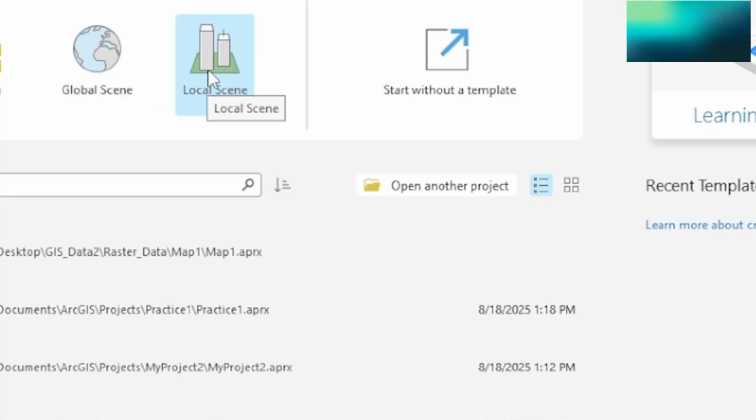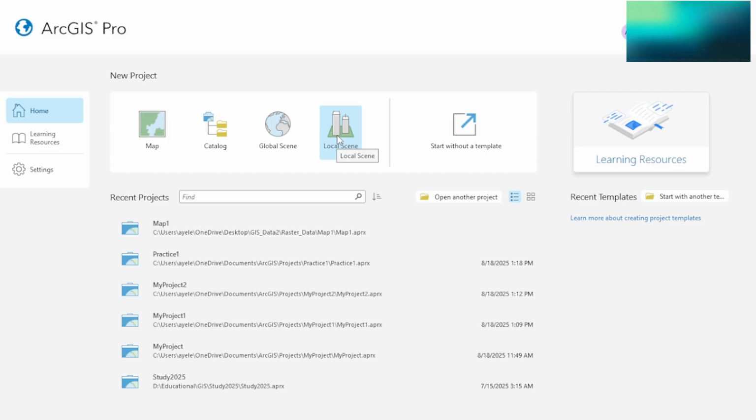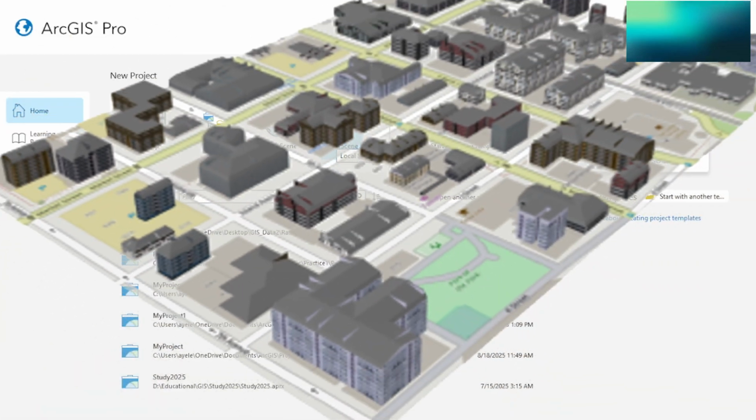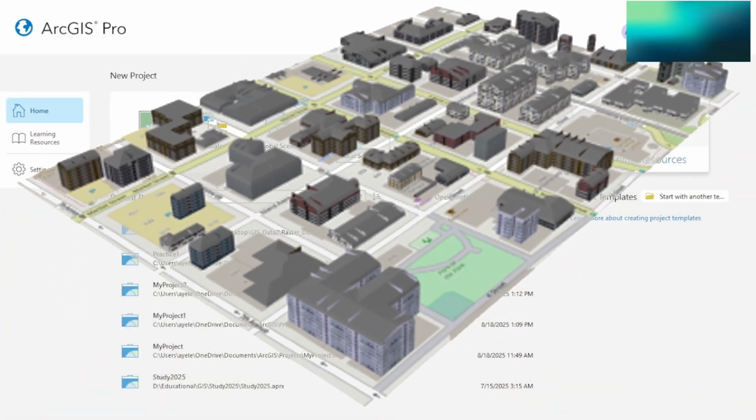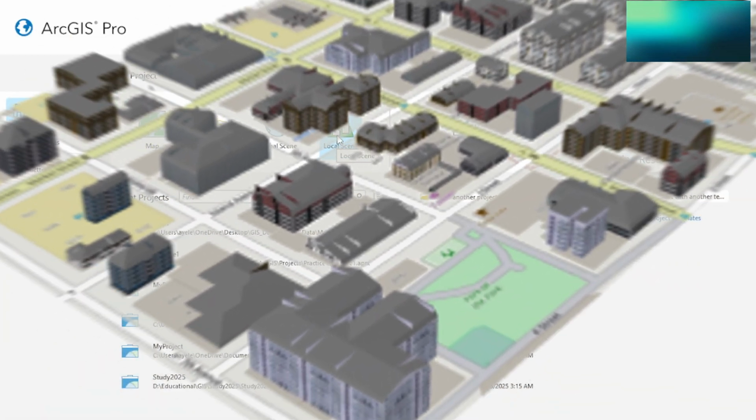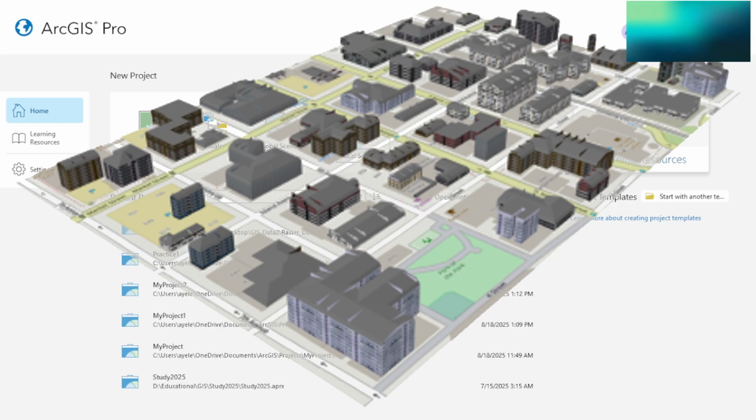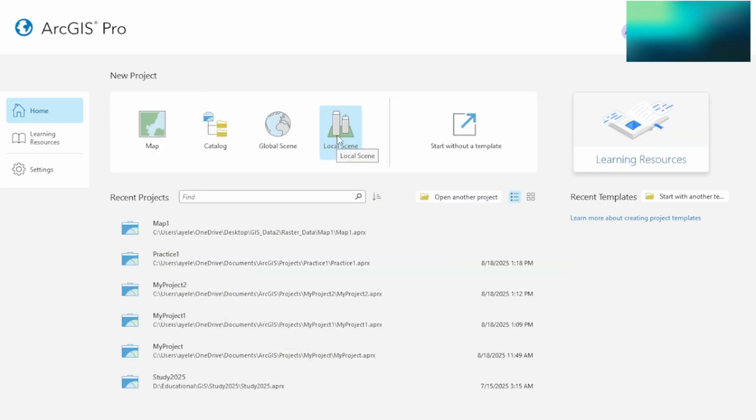This one is used to create a new project with an open local scene, which is a 3D view of a smaller geographic area. That means the area can be your study area, or urban areas, or buildings. So use it for default 3D analysis and visualizations.